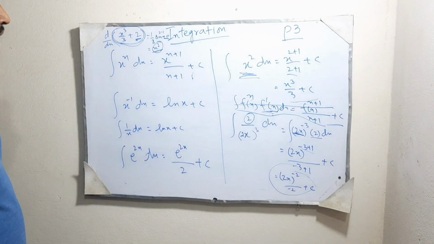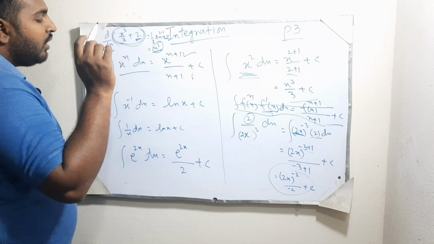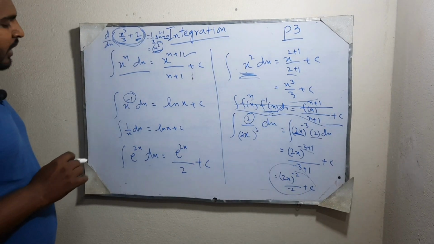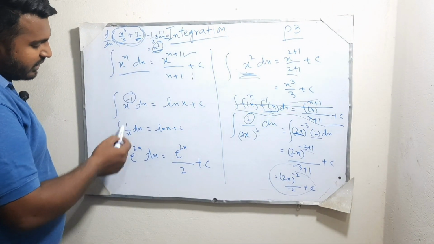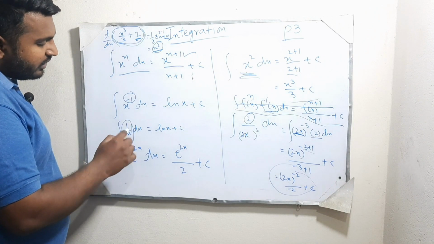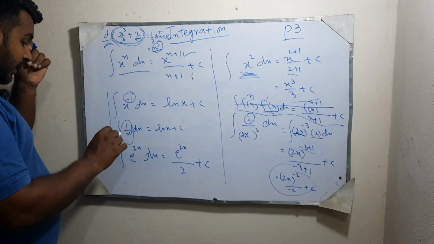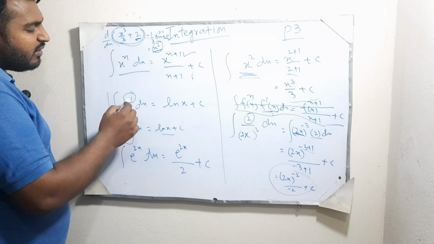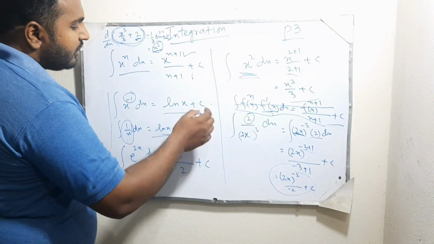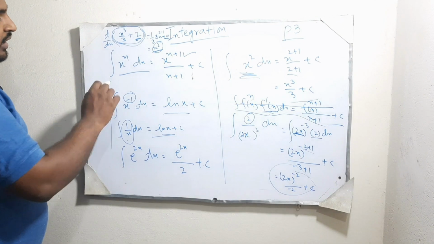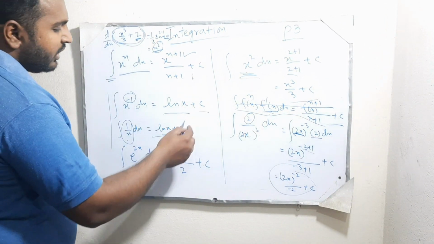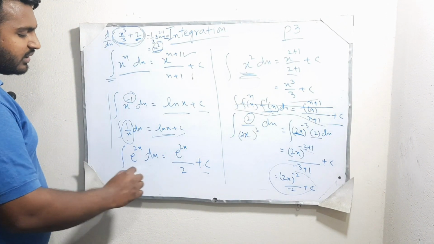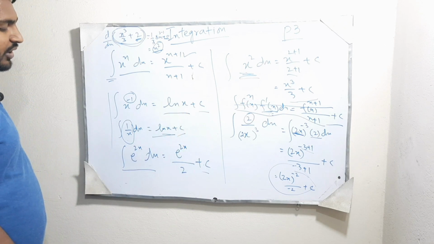But this rule, the power rule, applies for all values except minus 1. If there is the value minus 1, then what would it become? If there is power minus 1, we can write it as 1 over x. We know from the derivative part that the derivative of natural log x was 1 over x. But integration of 1 over x or x power minus 1 would be natural log of x plus constant of integration again. When we remove this integration sign, we will add a constant here because we don't know what was the constant whose derivative was 0. Because this is a reverse process, we will add the constant of integration here.